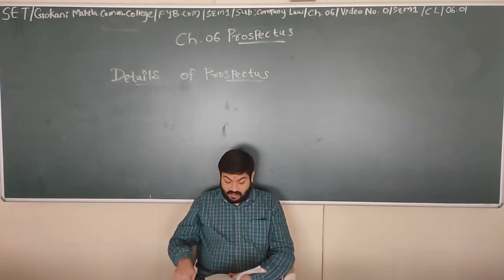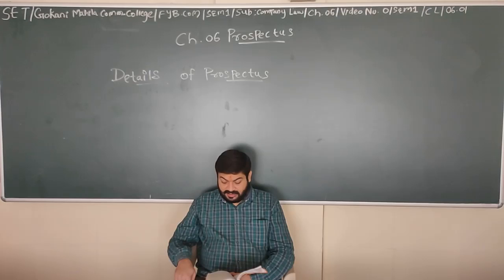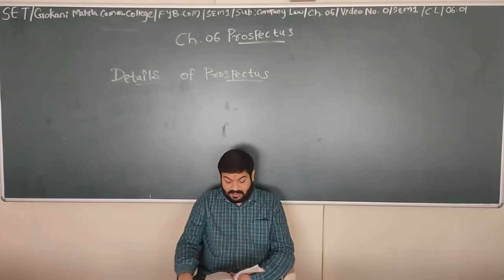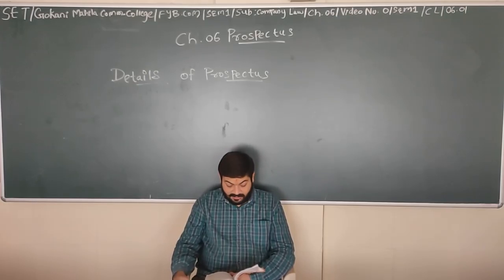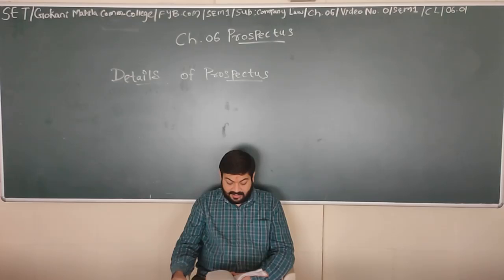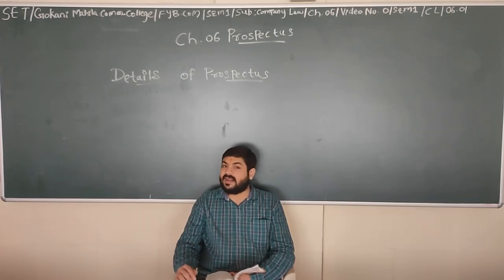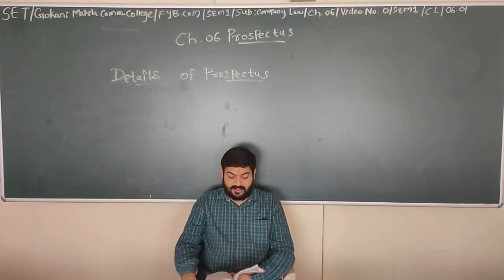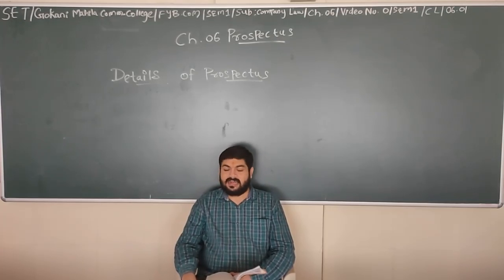Next comes the details of minimum subscription. The minimum amount fixed by the director as per the provisions of the Companies Act, and the amount to be paid at the time of allotting the share capital. That is the details of minimum subscription. Next comes details of share guarantee: name of the broker giving guarantee for the shares and debentures, guarantee commission or brokerage amount, and mode of payment. The directors' statement to the effect that there are sufficient sources to fulfill the liability arising out of the guarantee contracts too. That comes under details of share guarantee.